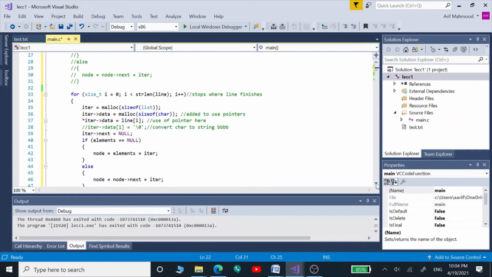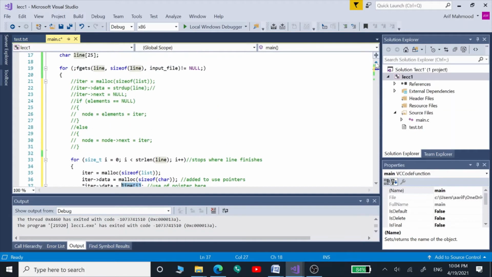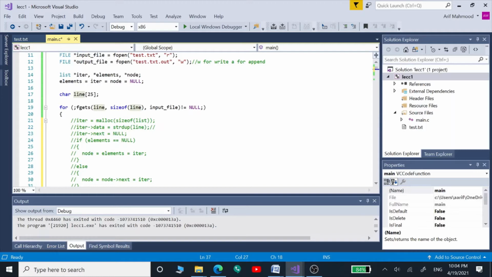Now we are creating a pointer to our iterator variable, and through that pointer we are accessing its data variable, and there we are going to store the characters. So this is the difference: here we are using a pointer, and before we were not using a pointer, and we were using a strdup function.